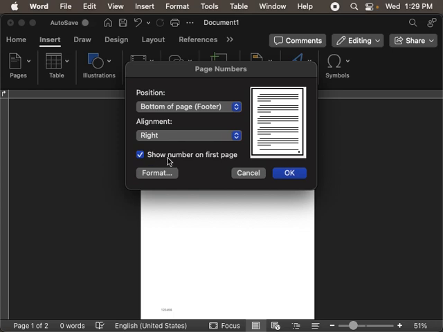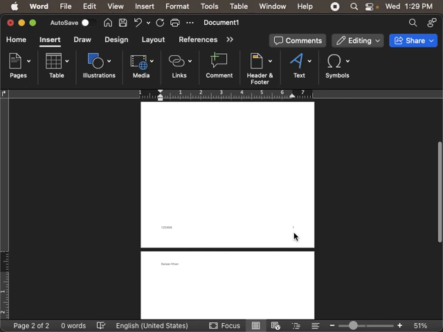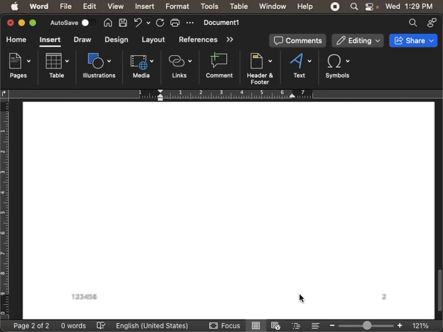Sometimes when you're making a report, you don't want the page number on the title page. In that case you might want to turn this off, right? Because title pages don't have page numbers. But if you don't have a title page and you're just making a single page or a 2-page report or something, you might as well want to have a page number there. You hit OK, and there it is. You see the page number. It's page number 1, and then it increments to page number